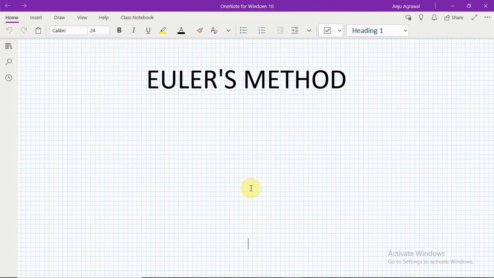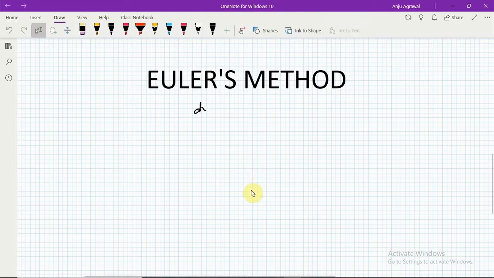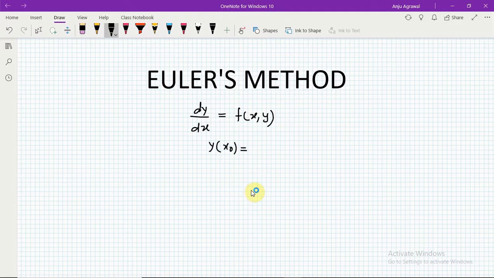In this tutorial, we learn how to solve first-order differential equations using Euler's method in Scilab. Say we have to solve a first-order differential equation, which may be any general differential equation of this form, with the initial conditions given to us. On the basis of this, our problem is to estimate the value of y at, say, xf.